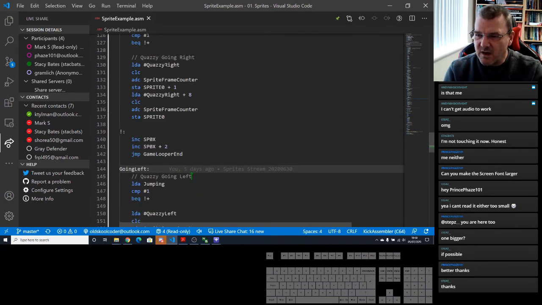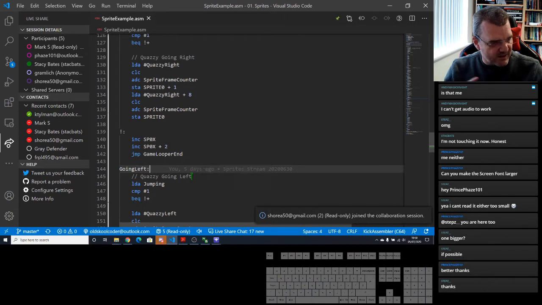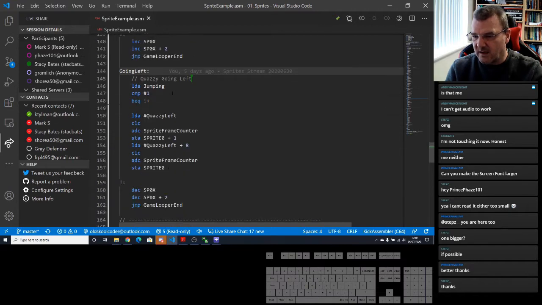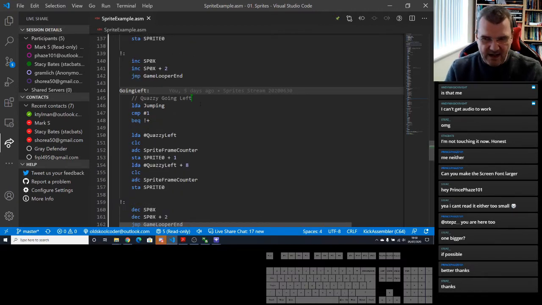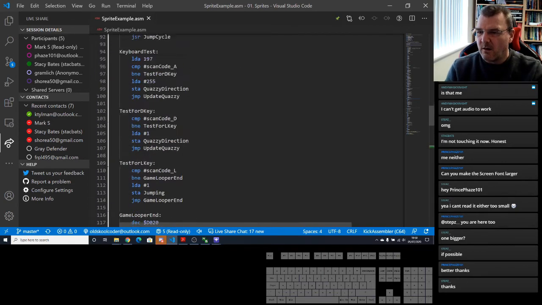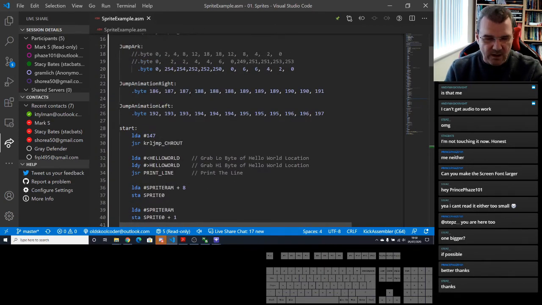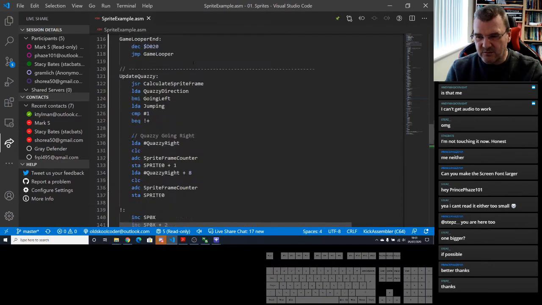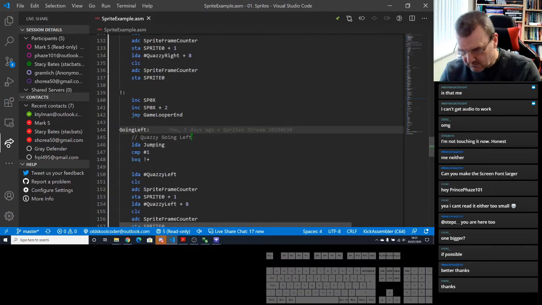Anyway, when it's come to the right frame, we load which direction we're going to. Because when we do the left and right, we set the direction. We set the quasi direction to either be 1 or 255, which is effectively -1. So when we load it up and add it, we know which direction we're going because of the 1 or 255. So I can then test for that and say we're either going right or we're going left. And so I can pick out which frame set from this table we are going to do. And that's how I did the jump. So basically, if we do Control F5, I think it is.